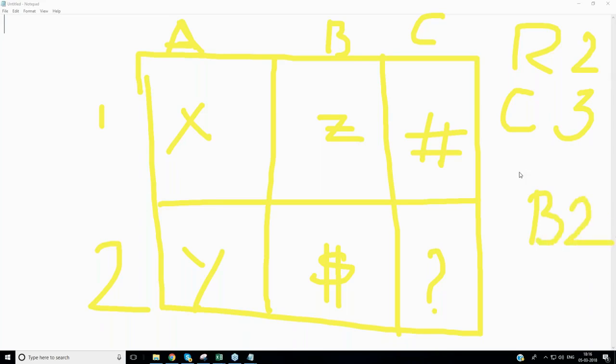What is there in B2? How do we see? That's what we have to observe, team. Row 1, column B. Oh no, B2, right? So column B, is it row 1? No. Row 2? Yes. What is there? This one. What is there in C1, team?